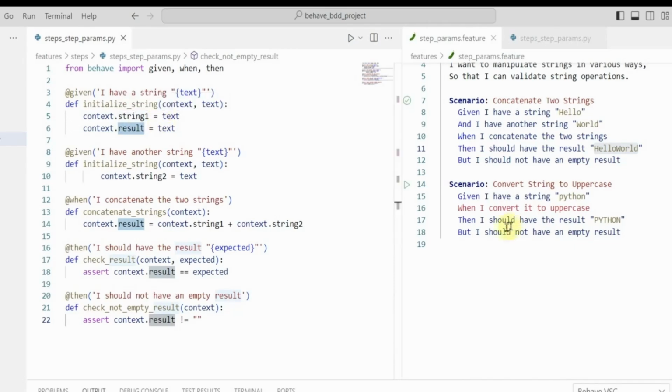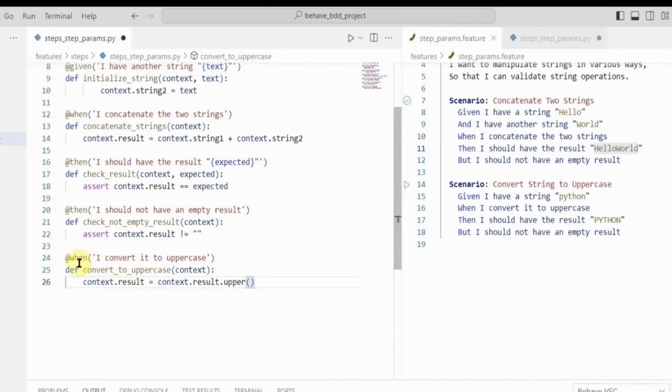Next, when I convert it to uppercase, we just need to write only one step function here, when I convert it to uppercase. Let me quickly write that down as well, and then I will talk about it. Okay, so here is our test. Here is our function: when I convert it to uppercase, def convert_to_uppercase, context we are taking, and then context.result equals